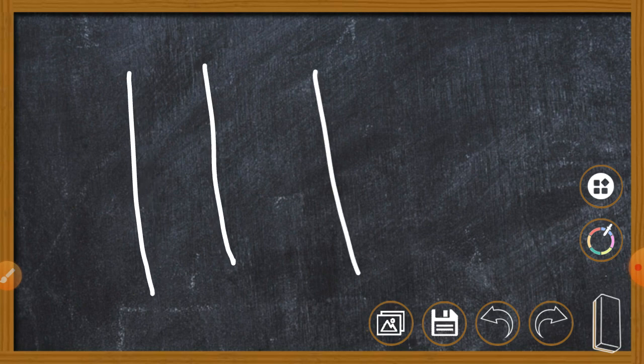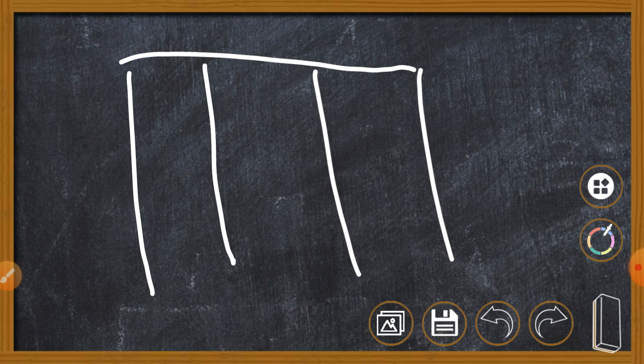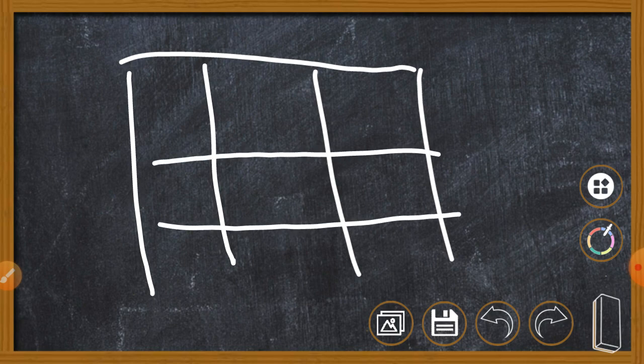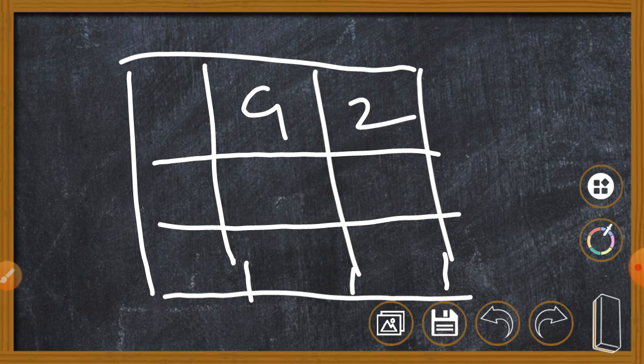You won't get completely solved magic squares like this, you will get incomplete magic squares. Okay, so let me draw an incomplete magic square for you. So this thing over here is an incomplete magic square. And you have been asked to fill up the rest of the boxes. So first you need to calculate the total.